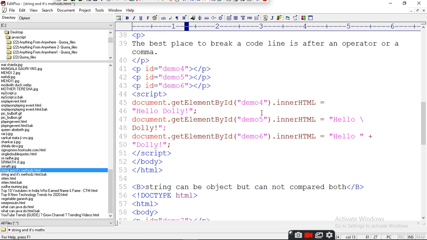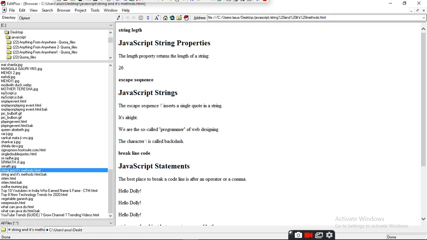So these three ways you can use to break the line. So press this one and find out. Let's see, it is giving proper hello dolly. The best place to break a code line is after an operator or a comma.